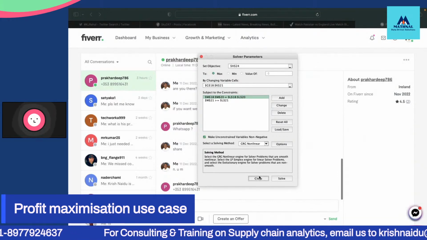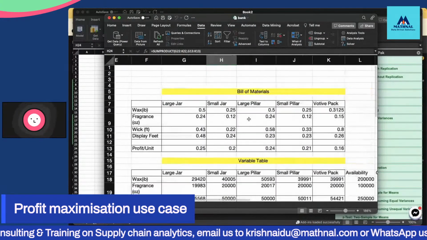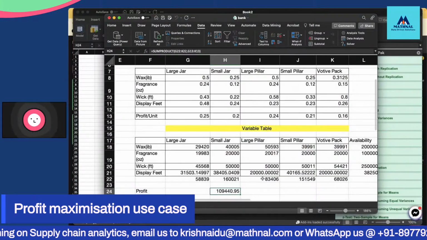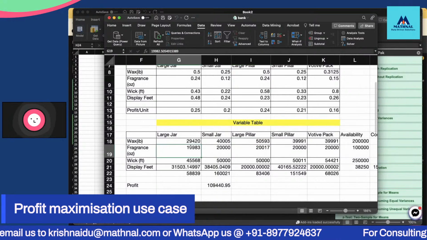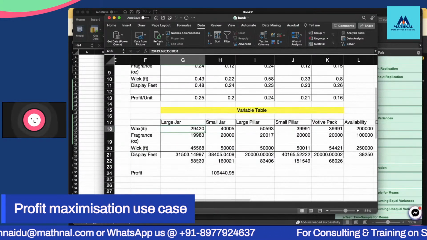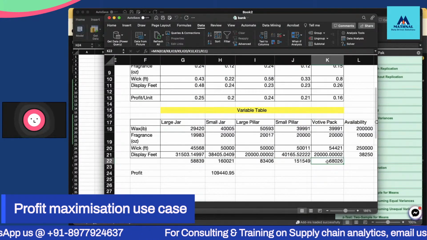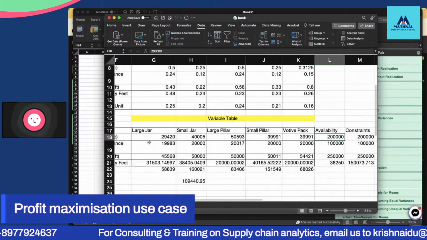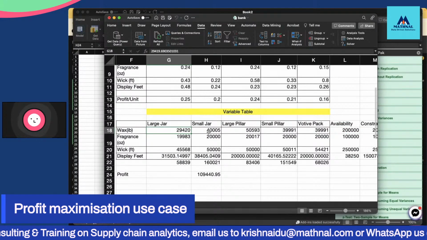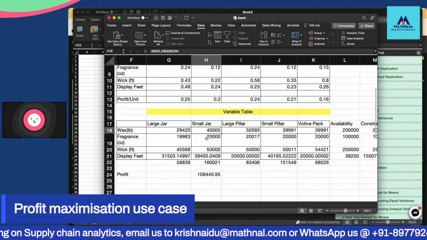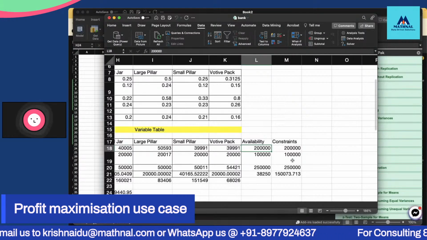So guys, this is a solution which we have got. So this is a bill of materials we had, and then we have to frame this variable cell, and from this variable cell we have to derive how many products we can make, right? How many products we can make, and this is the maximum production, the maximum raw materials we can use to manufacture these products. That is what we have to use as a constraint.